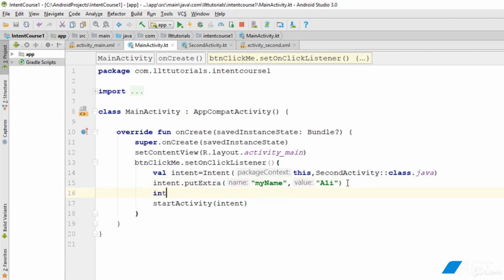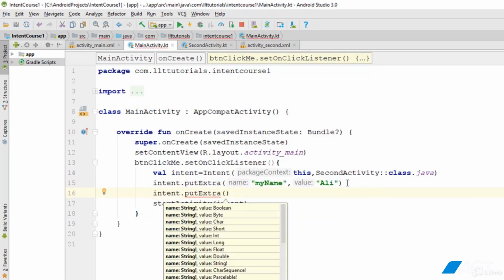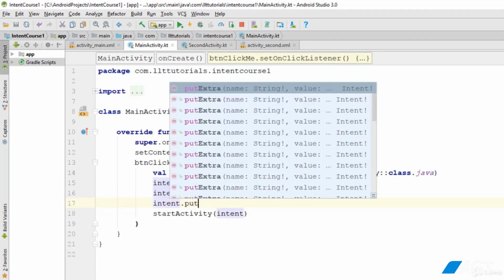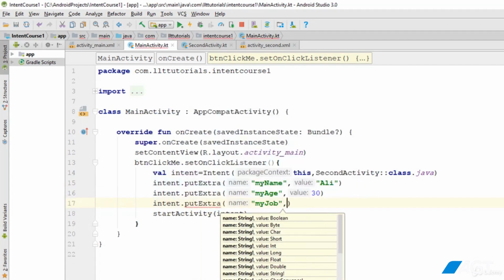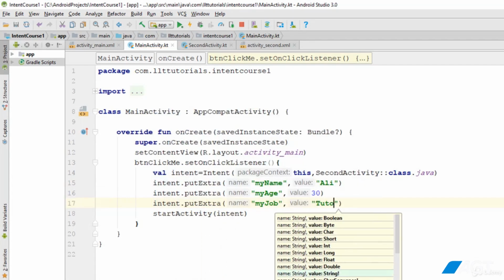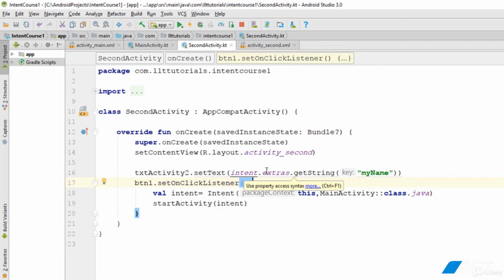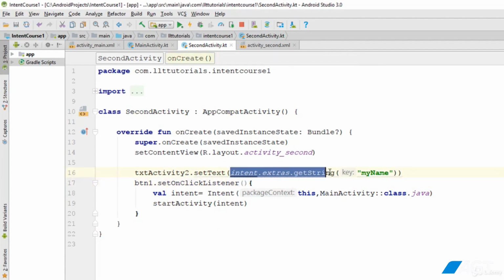So I can say intent. Now I want to send this data to the second activity. Obviously, in this activity, I have to receive this data. So what I'll do is I'll come in here and I'll say